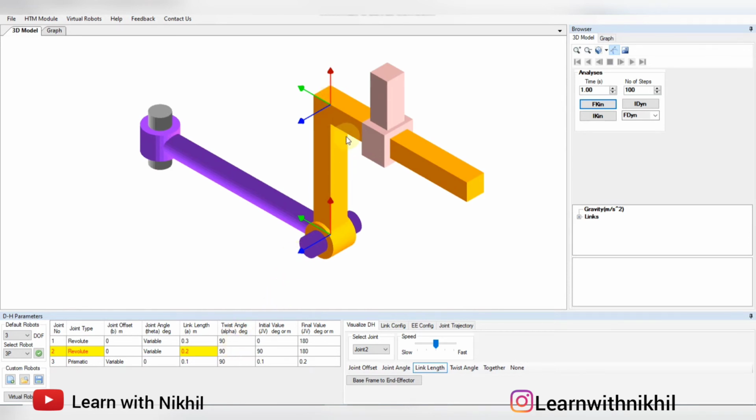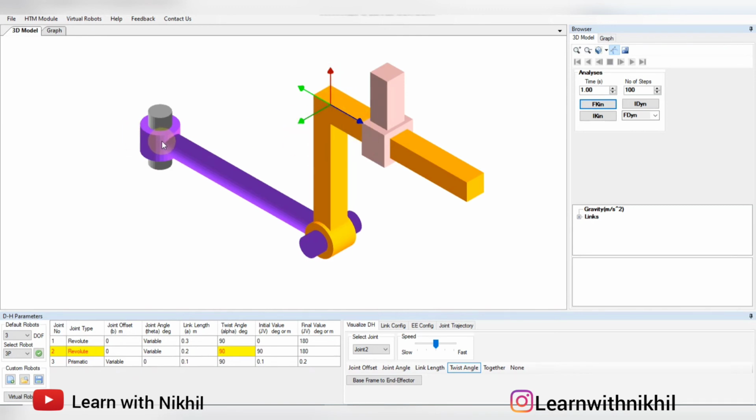And finally the twist angle, as you know, this z-axis should be aligned across this line, as this is the prismatic joint and the z-axis we have seen earlier, it is pointing in this direction. Now to align this z-axis onto this link, we have to rotate about x-axis. So the twist angle is 90 degree. So this has to align in this direction. I'll click on twist angle and let's see. So the x-axis is common and this has been rotated at an angle of 90 degree to align the z-axis in this direction. So this is the second joint. This is the second link which we have studied.